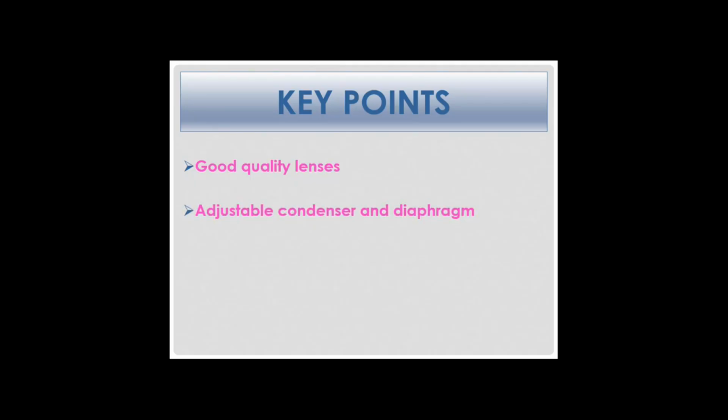Next, it is important to have an adjustable condenser and diaphragm. The height on the condenser and the diameter of the diaphragm can be changed. Then the eyepieces, adjustable left and right, as I have already mentioned. Then comfort. There are new microscopes on the market where you can keep your arm braced on the table. I have already mentioned the possibility of a tilt-adjustable head. Whilst these options do not change the quality of the image, they do add to the cost of the microscope and significantly improve user comfort.